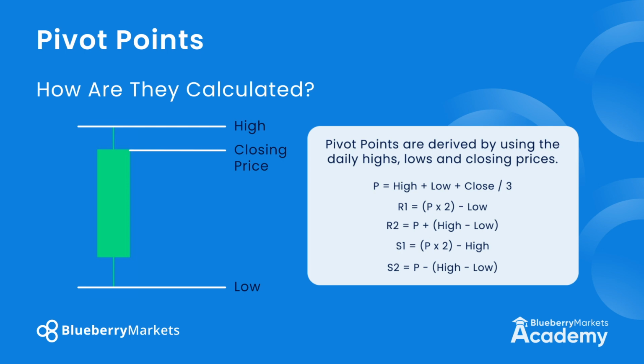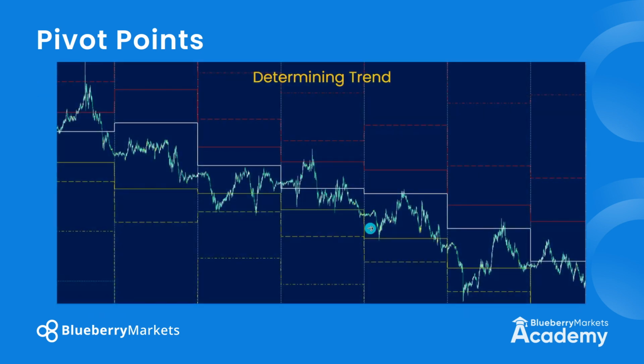They can be used in trading in various different ways. First, it can determine trend. As the image shows, the main pivot point is highlighted by the white line, stepping lower with price. This tells us that the market is in a downward trend and that it could continue. Conversely, if the white pivot line was moving and stepping higher, it would tell us that the market was in